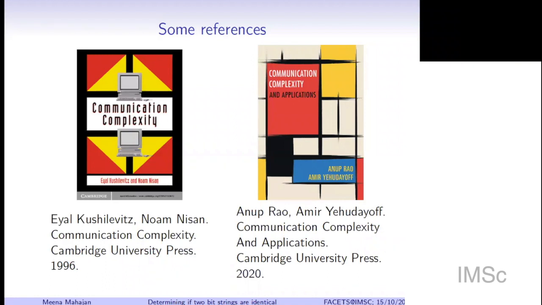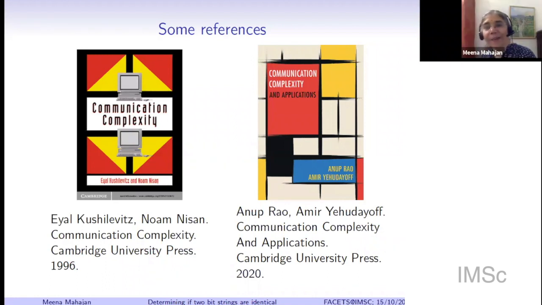Yes, ma'am. So the thing is, if you don't use randomness, you can refine this protocol further and further until it is always correct, and it will end up requiring at least n bits because we have a lower bound which says that n bits is required. So if you proceed in this way, my suspicion is that you will be able to prune this down and you may end up getting a protocol which uses n log n bits of communication, which may be even worse. Yes, ma'am. It is a natural idea to try. Unfortunately, it does not give anything better than what we already are able to achieve.